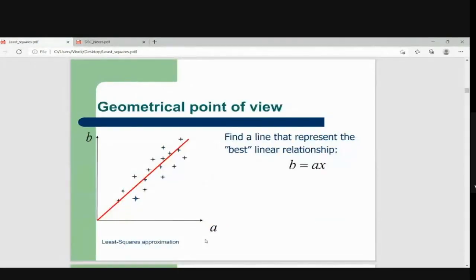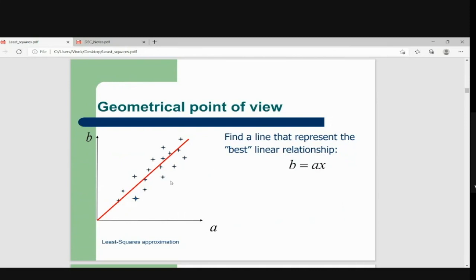Now suppose these are the points. So these stars are the points that are given to me. Suppose this data is given to you. This data can be of any kind. Suppose you are doing some experiment of measuring something, and in that measurement you are taking different measurements and putting these values on the graph. So after getting this number of values, you get your data that looks like this.